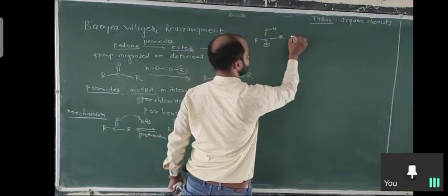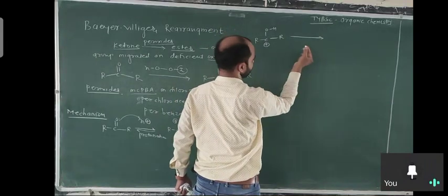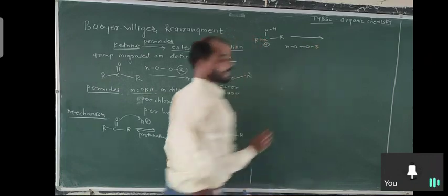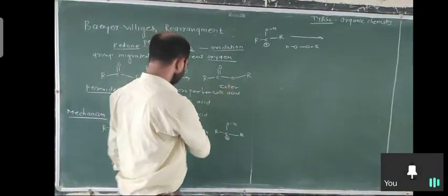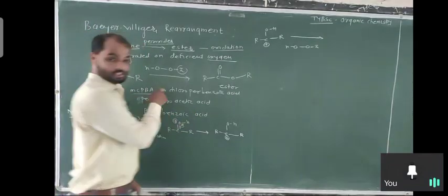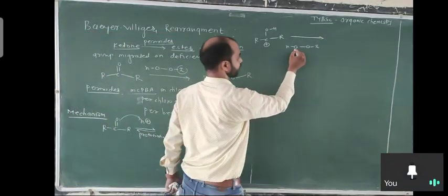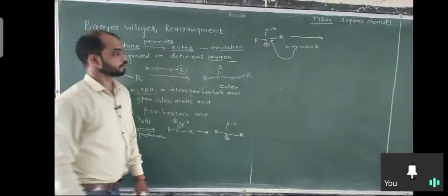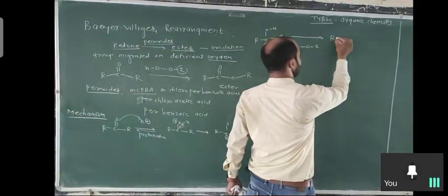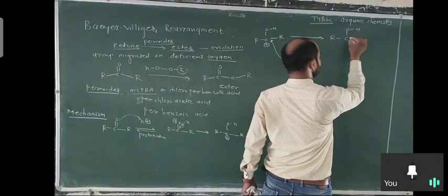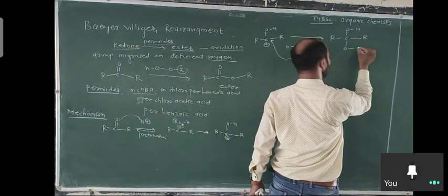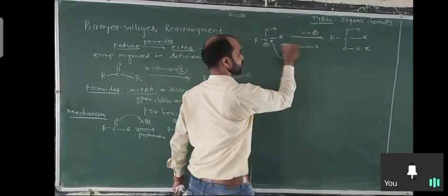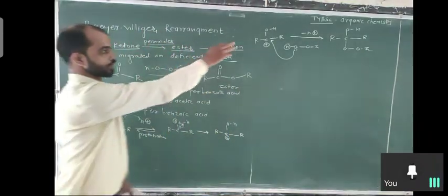Next, peracid is used. Suppose here we use perbenzoic acid. So here peracid is used. Z is the structure, any structure can be there, depending on which acid is taken. Now I will also tell you its structure. So what happened here? The oxygen attacks here. So formation of R, C, here is the OH, here is the R, here is the O, O, Z, minus H plus. This H plus is lost. Once H plus is lost, we get this species.